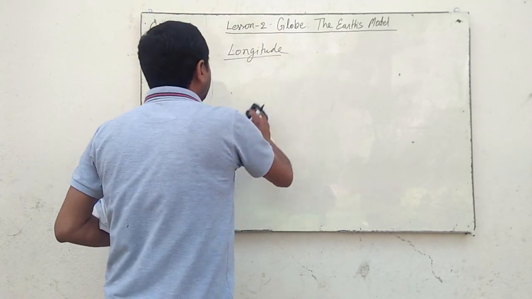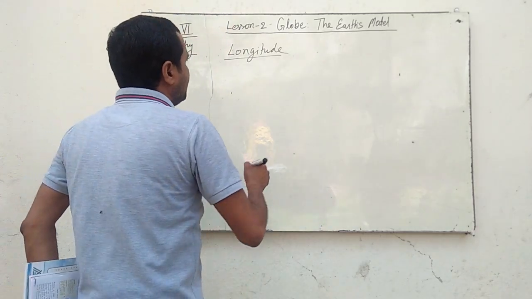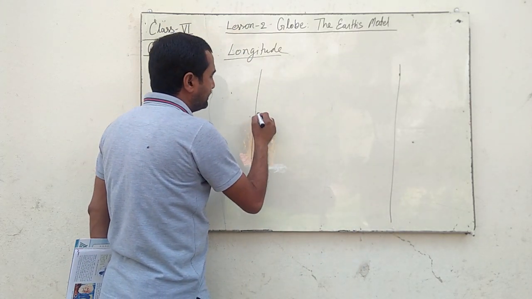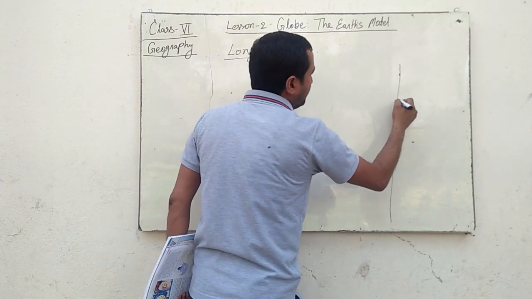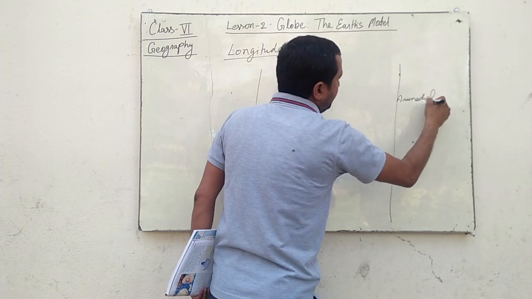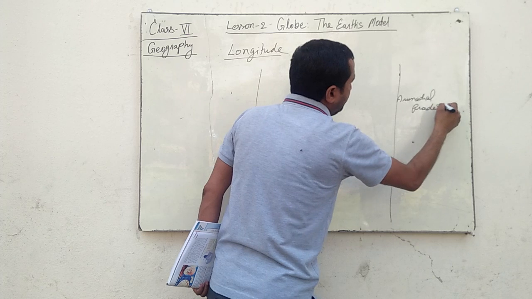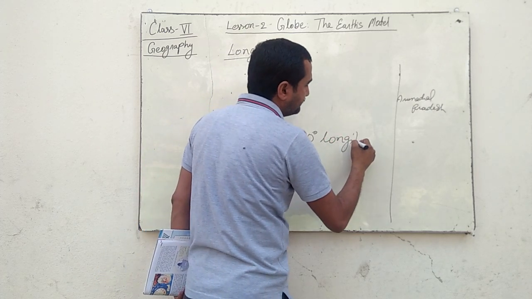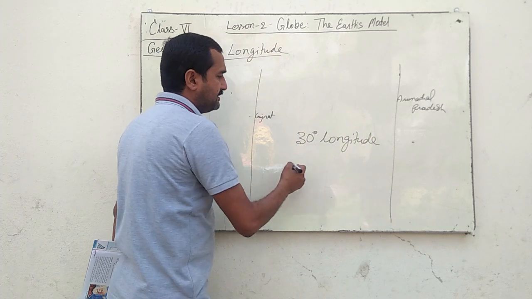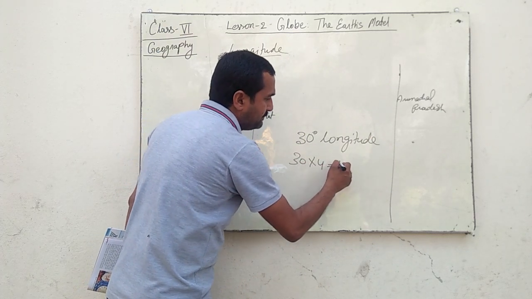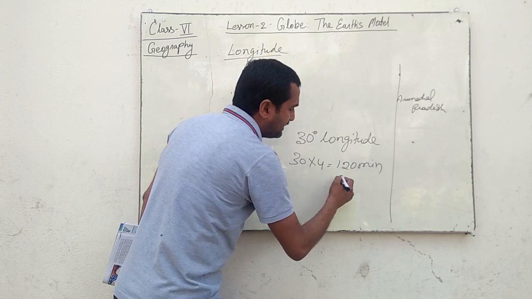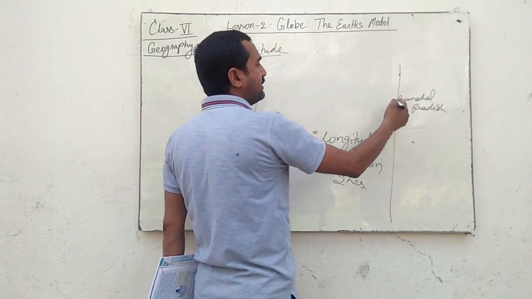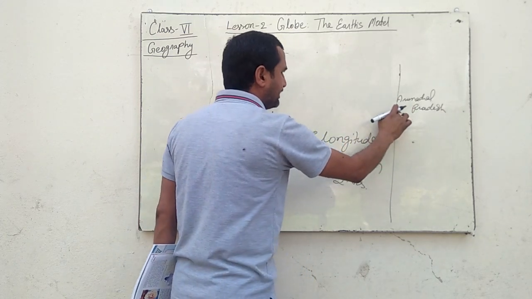Now let us come to standard time. Suppose India is a vast country. गुजरात से लेके अरुणाचल प्रदेश तक, लगभग 30 डिग्री लॉन्गिट्यूड का डिफरेंस है। 30 डिग्री लॉन्गिट्यूड, that means 30 degree into 4, 120 मिनट्स, that means 2 hours. तो एक आदमी इंडिया का अगर गुजरात में है और दूसरा अरुणाचल प्रदेश में है, दोनों फोन में बात करते हैं.